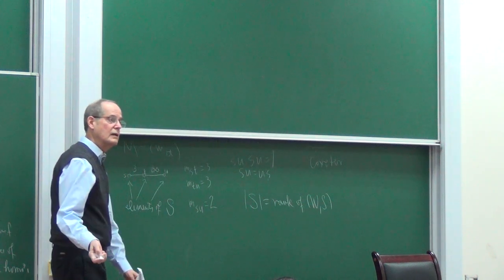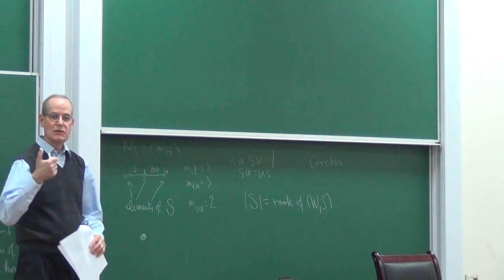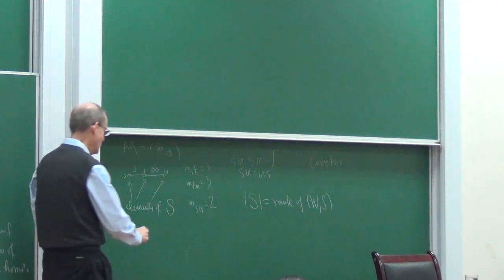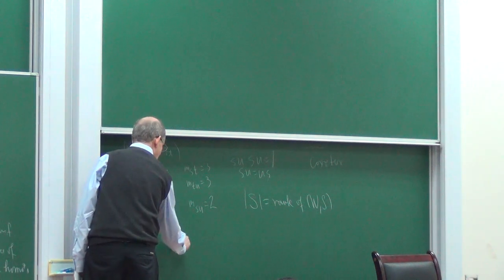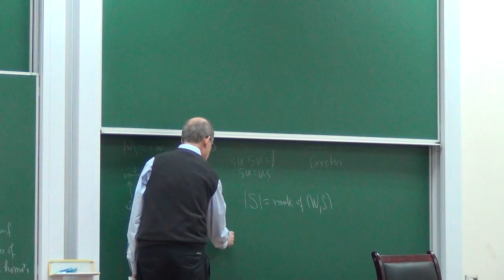So if the rank is 1, then the Coxeter diagram looks like this. So W is generated by one element of order 2, and there's nothing else that can be said. W is simply isomorphic to a group of order 2. In rank 2,